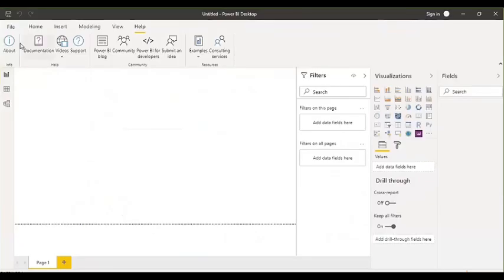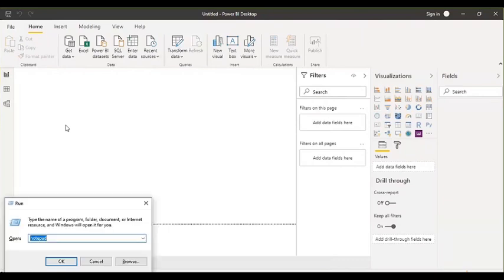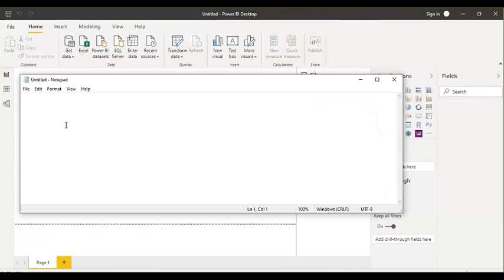Now, the second thing is, when you want to work with Power BI Desktop, there are some settings which you need to enable. When Microsoft releases a new version of Power BI Desktop, most of the features are released as a preview feature. A preview feature is nothing but a beta version, an initial release. In order to use these preview features, you first need to enable them in Power BI Desktop. How will you enable it?